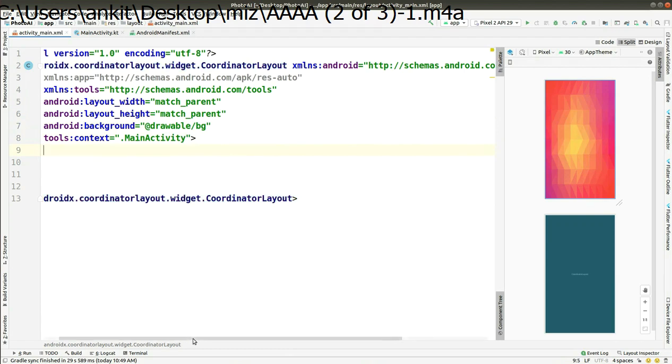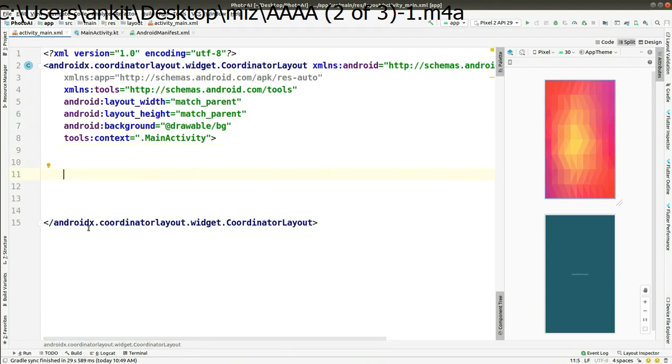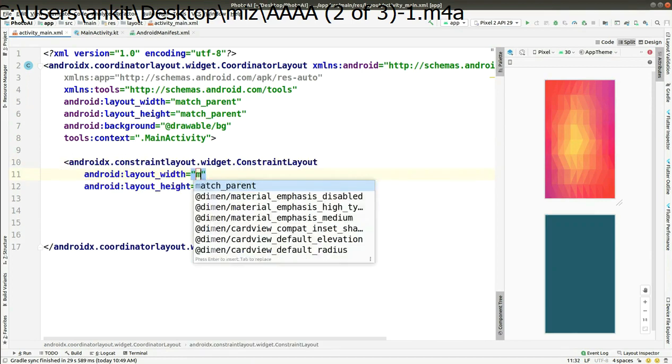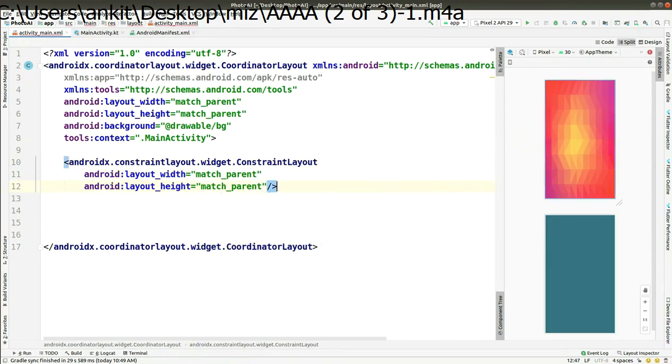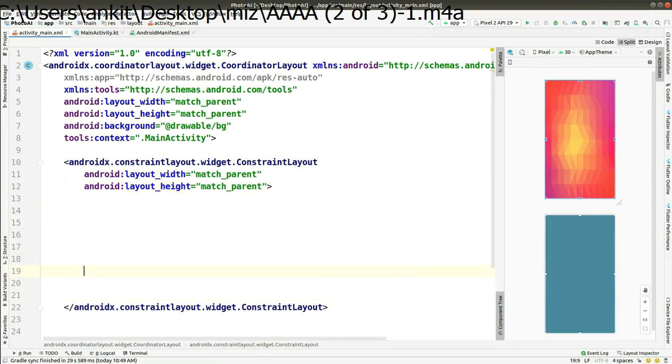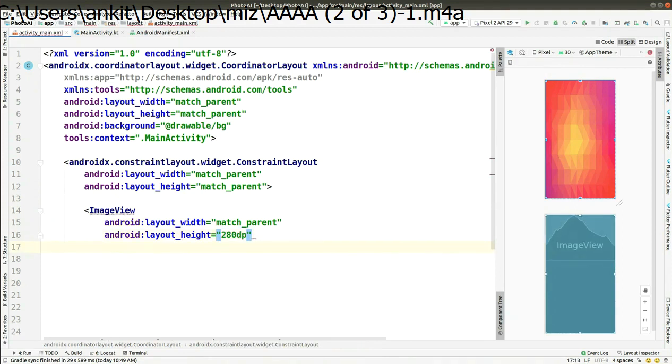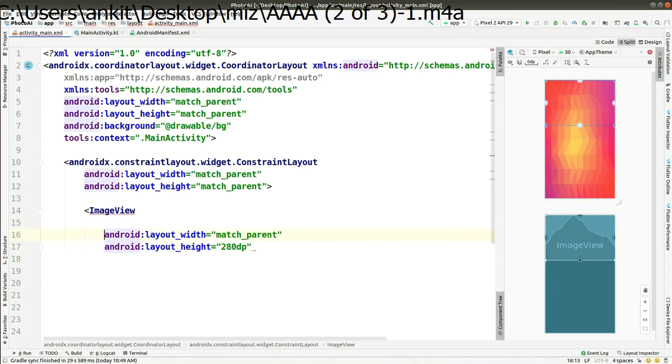Then after this, we have to add another layout, that is constraint layout, and you have to set its width and height as match parent and match parent. After that, within this constraint layout, you have to add an image view and set its width as match parent and height as 280 dp.